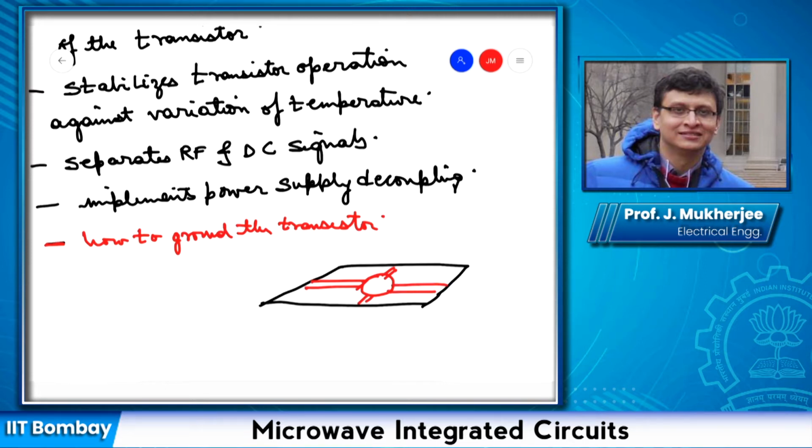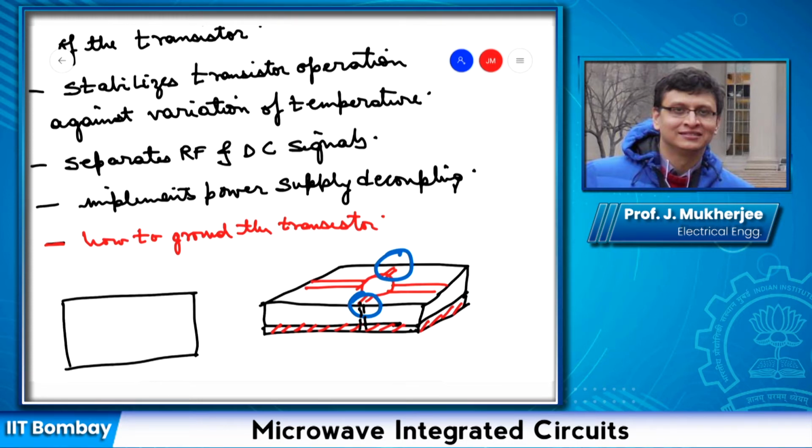These are the points which are grounded. One way to do it is you have a via through the substrate, and that connects to the ground. Or if you have a breadboard,